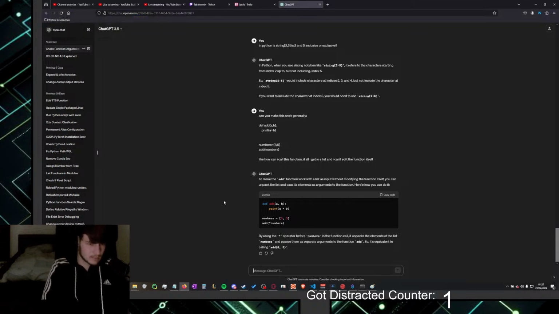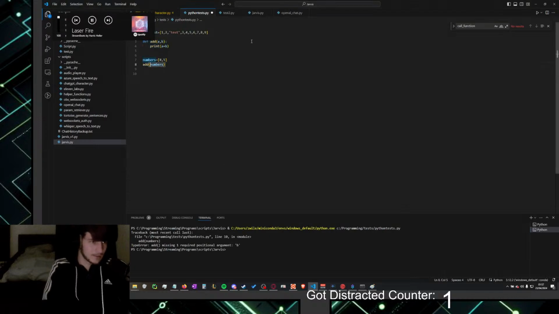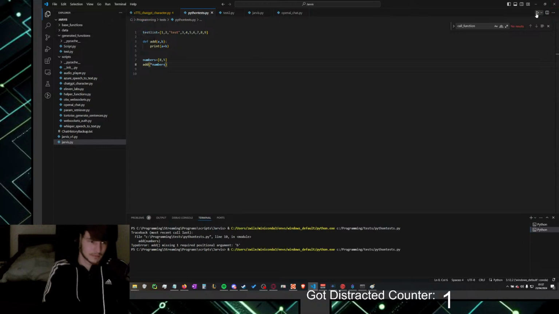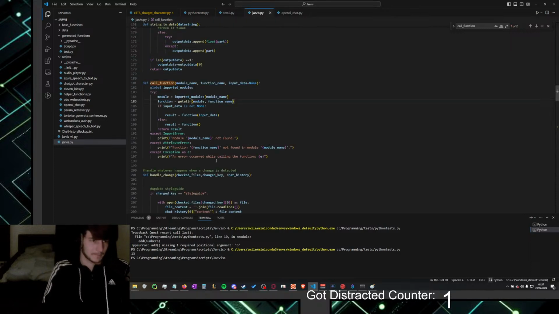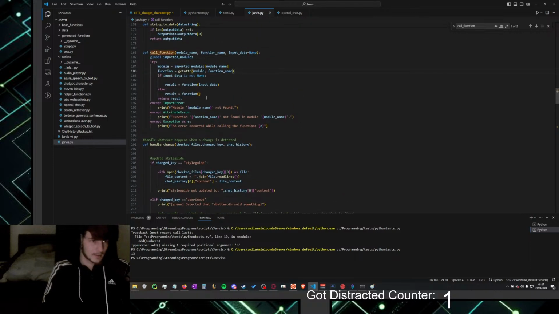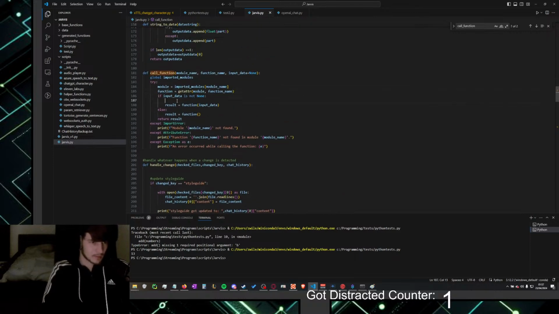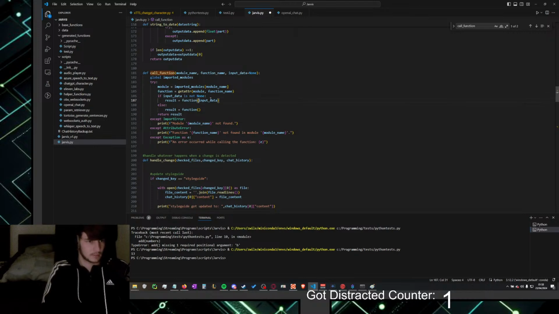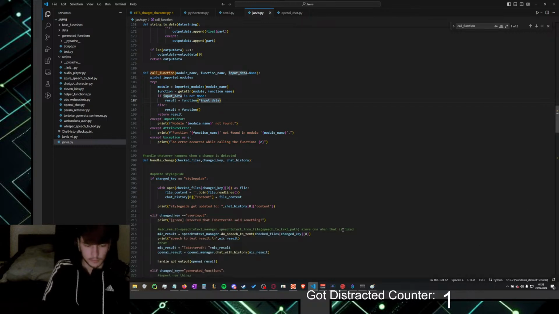Wait, is it that easy? Is it really that easy? It was that easy. Okay. ChatGPT is just way better at programming than I am. And that might actually save it. That could then actually work. Time to test it out.